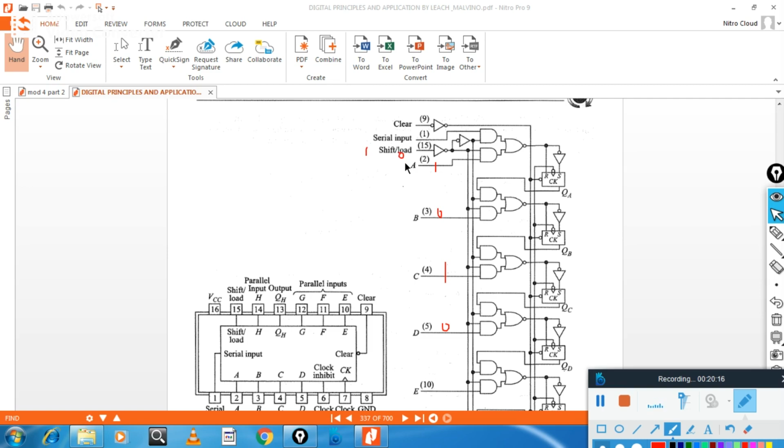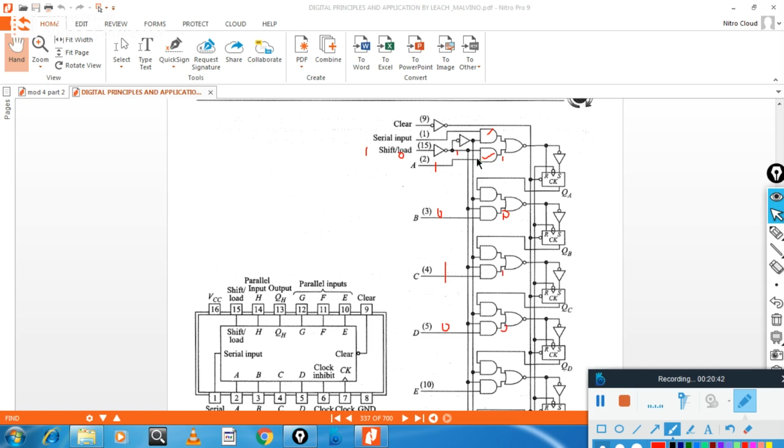During the clock pulse, when load is 0, here it becomes 1, this will get enabled, this will get disabled. That means here this becomes 1, here it is 0, here it is 1, here it is 0.